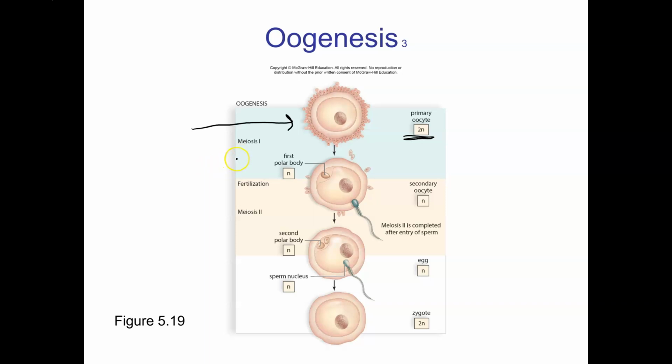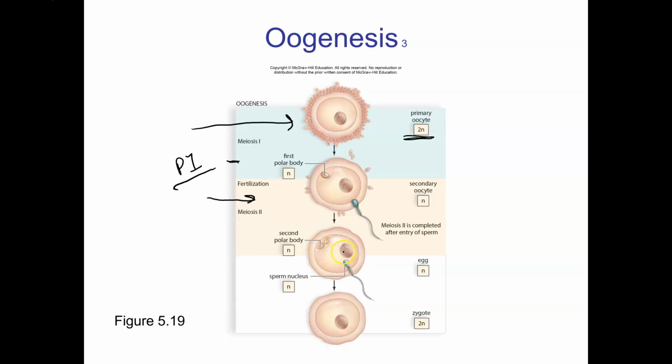We arrest in prophase 1 once we are born. So basically during fetal development, we get to prophase 1 and all the eggs are arrested. Then we finish prophase 1 after we hit puberty. And if fertilization occurs like this, then we go through